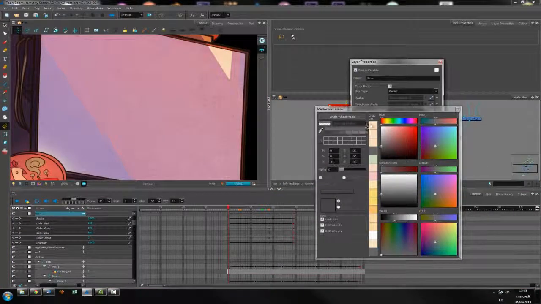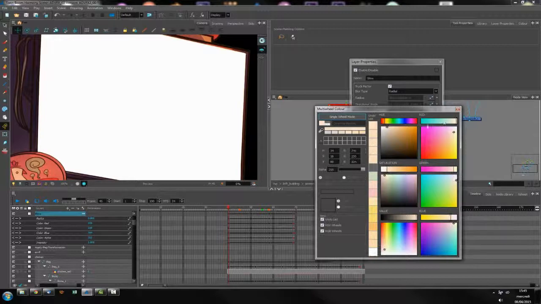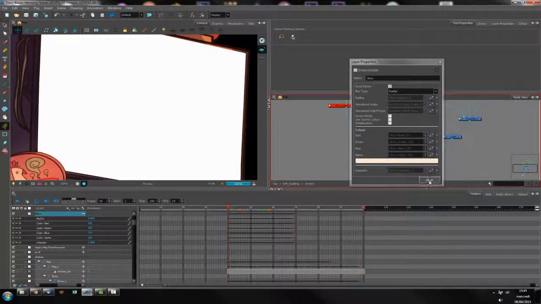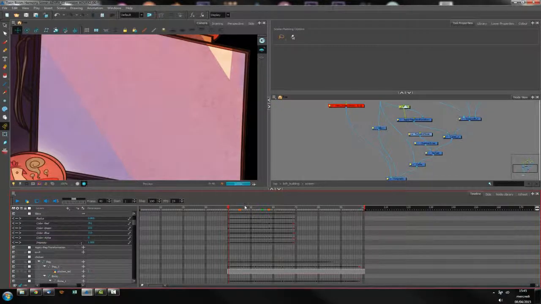Okay, and now I want this to be 0, and the glow, I want the glow to be a bit lightened, so 0 here, 150, and